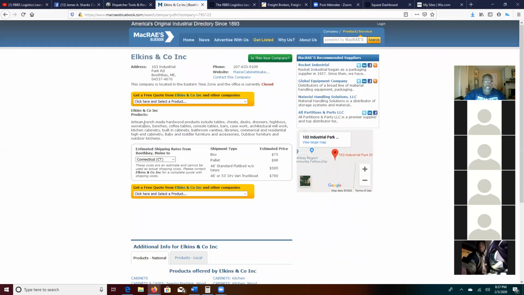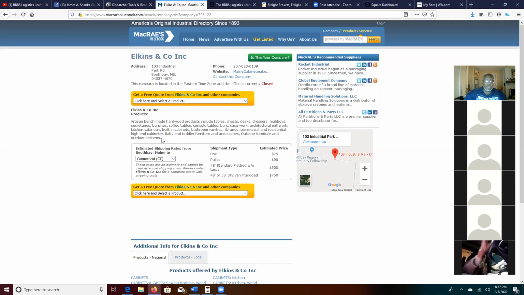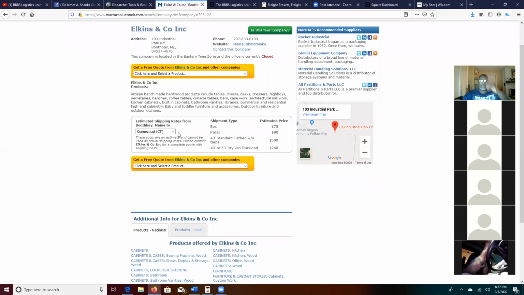It also goes on down here and tells you more about the company. Let's say you wanted to know what this company pays on average to move freight, furniture from their location to any state in the United States. Right here it has where they move stuff, or where they are. Booth Bay, what's this?